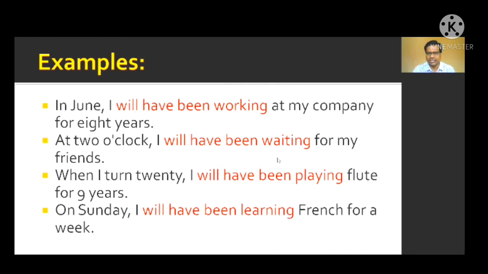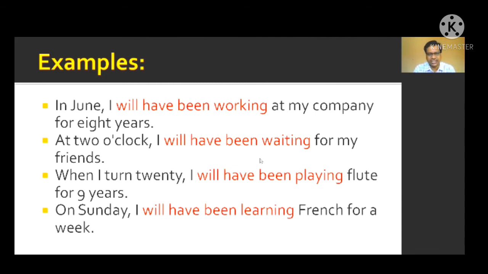Right? So here the sentence is, I will have been playing flute. I is the first person singular number functioning as subject. Shall or will, you can use any of these, that is the future tense indicator or maker. Have been indicates perfect tense. Playing, V1 plus ing, indicates continuous or progressive form. And this is how the sentence goes.